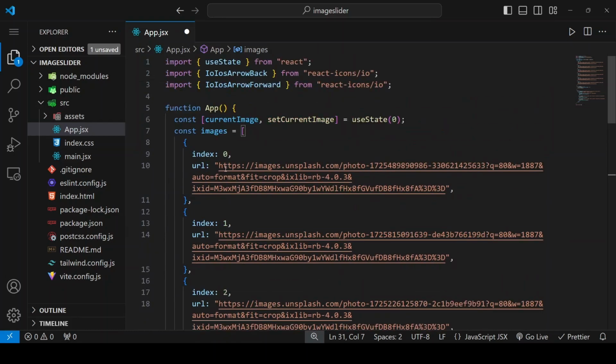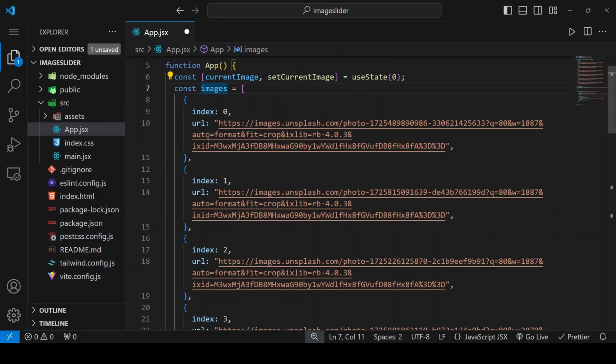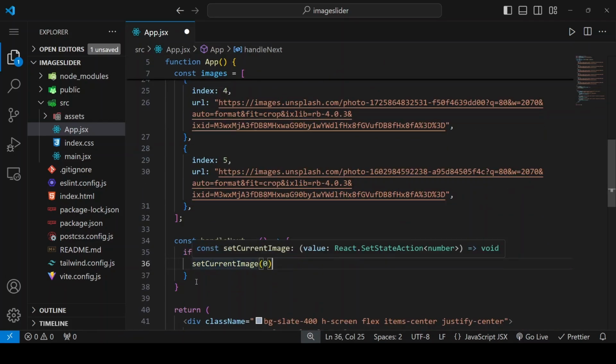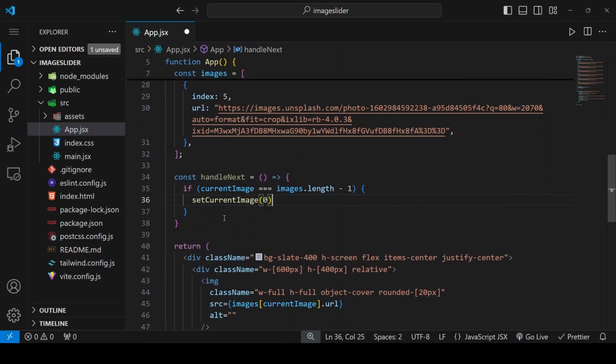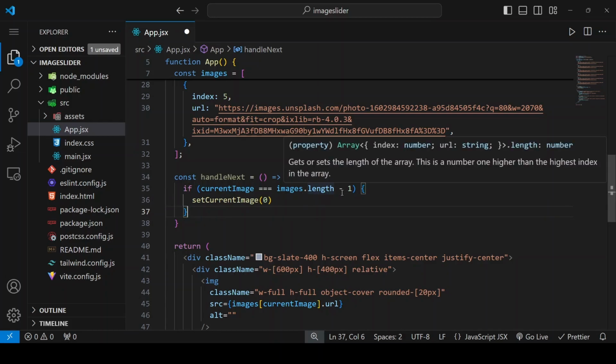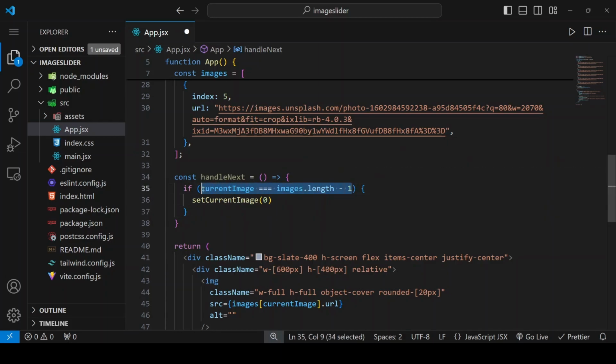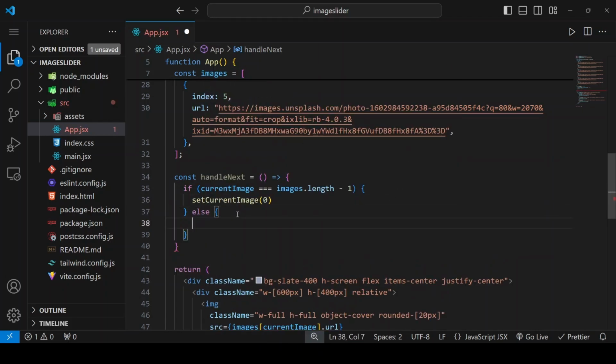Keep in mind that indexes are zero-based in arrays. That's the idea. I think that everything is clear at this point. If you still can't figure it out, write in the comments and I will try to explain it better. So if current image is equal to images.length -1, we need to say set current image to 0. In all other cases, we just need to say set current image